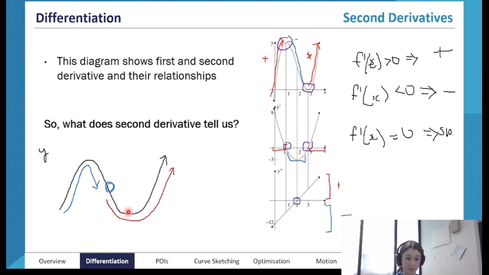It's actually getting bigger throughout this whole section, and then as it comes up here, the gradient is positive again, and then the gradient is actually increasing again. So it's getting steeper and steeper. It's getting more and more positive. So as you can see,